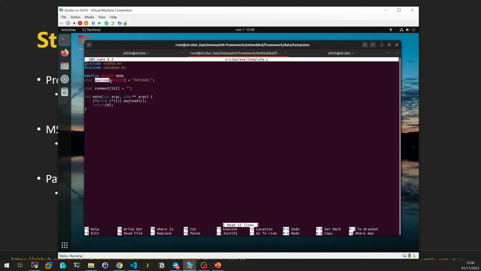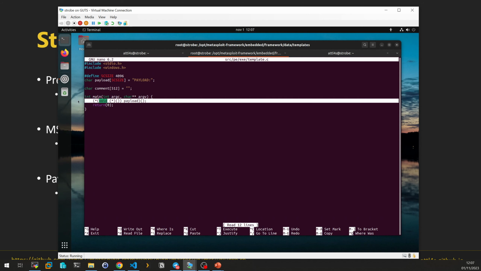We see the buffer, which is called payload with the fixed size, and we see the placeholder payload colon. And when the template is executed, the only purpose of this code is to treat this buffer of data as a function and execute it. So this is a method of executing shellcode from an